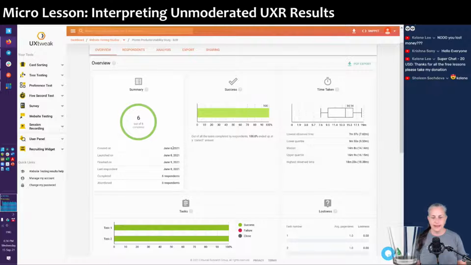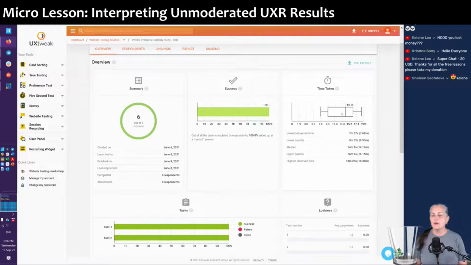This is when we ran it back in June, which seems really long ago now. This is how long people took. Now, again, if this were a time on task test, that could be a great piece of information for you. This type of visualization is called a box plot or a box and whiskers plot,